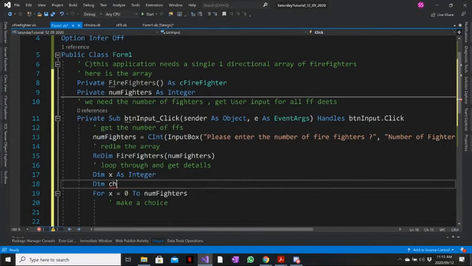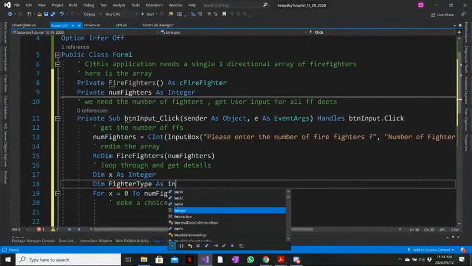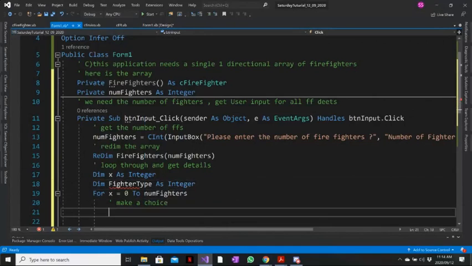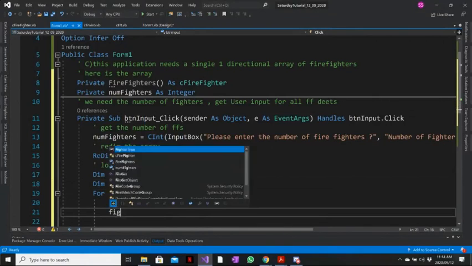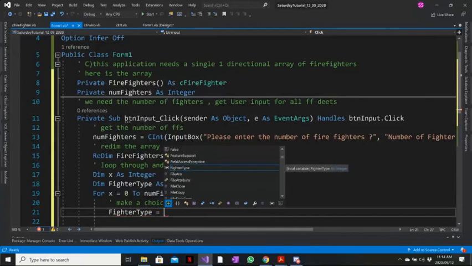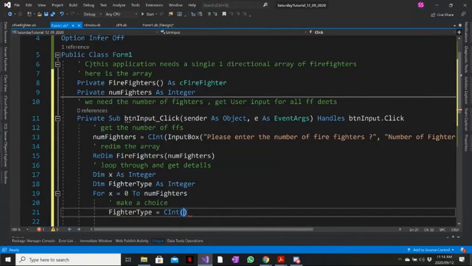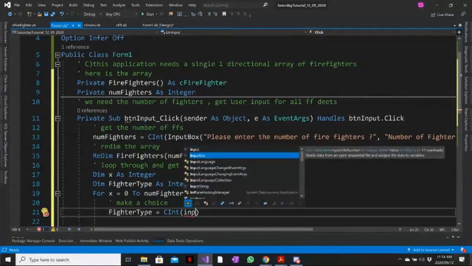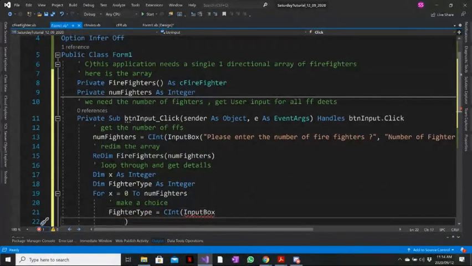Choice, item type as integer, right? And then what we're gonna do is we're gonna say item type equals int box, and